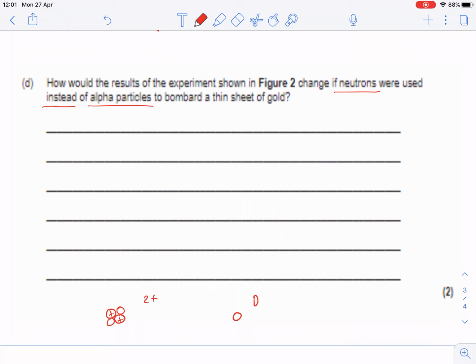Okay, so a neutron isn't charged, so it's not going to have an attraction to things, because it isn't positive and it isn't negative, therefore it won't attract. So the first thing that we need to state, really simply, is that neutrons are not attracted or repelled